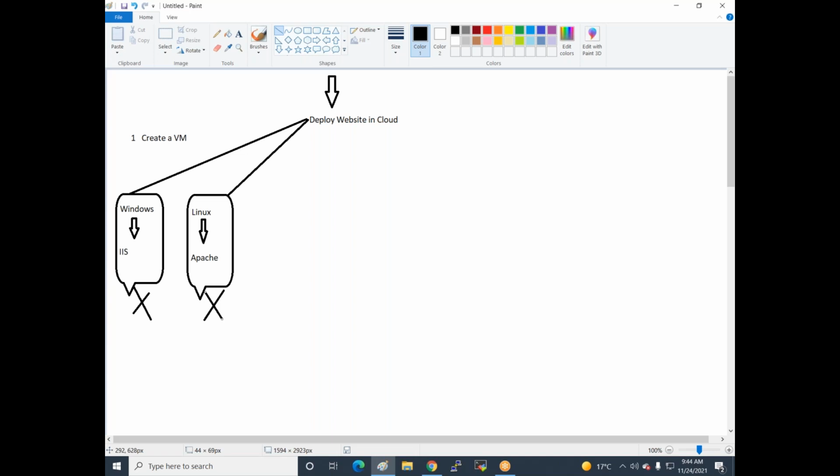But here you don't buy the server; you can directly execute the website. This service is called App Services.